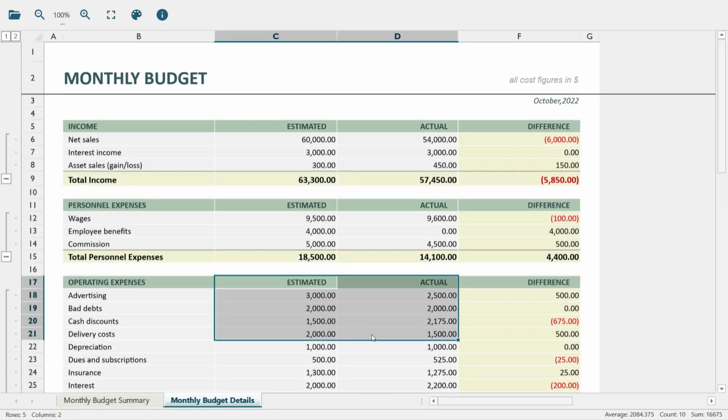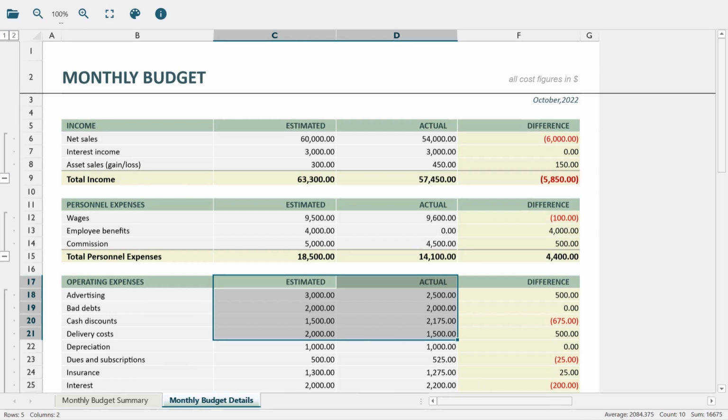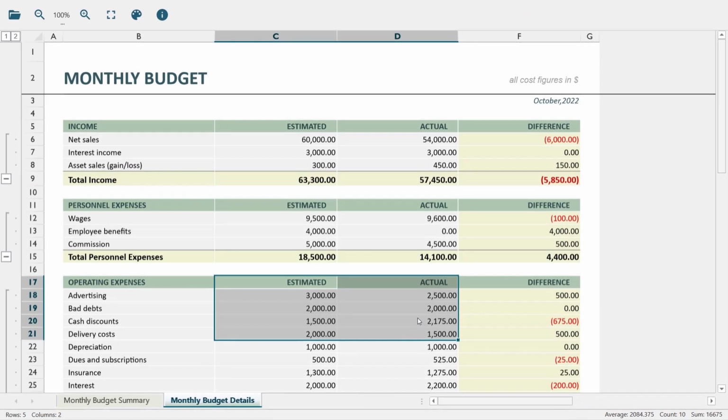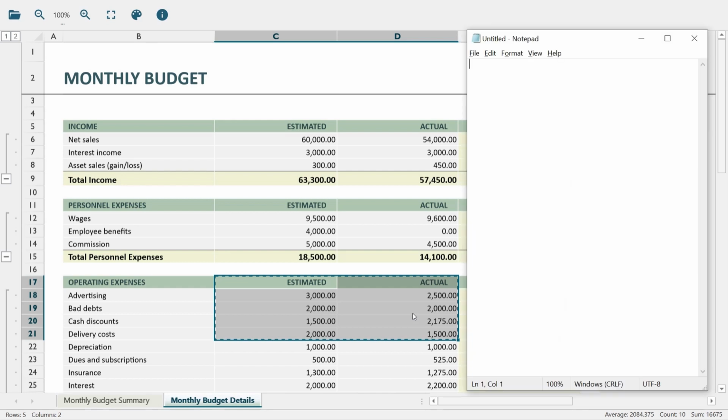It allows you to select the data, see data aggregations in the status bar at the bottom, and copy the content to the clipboard.